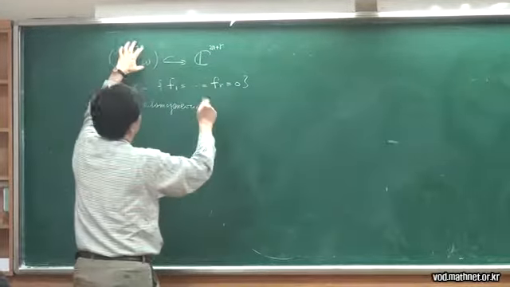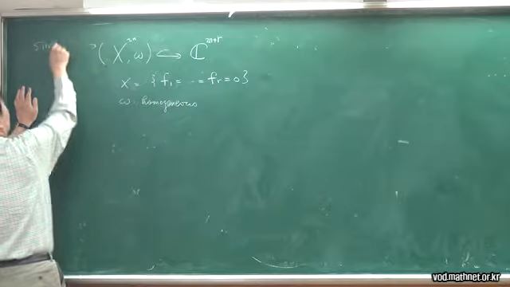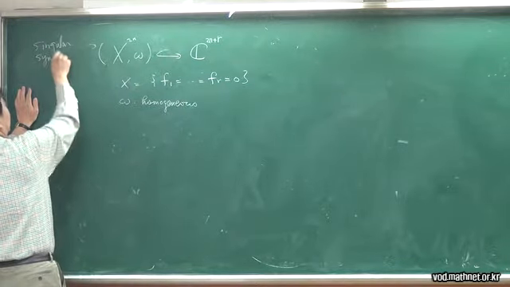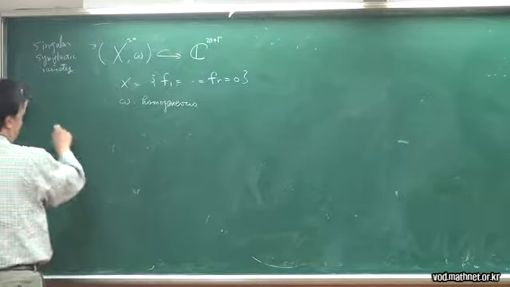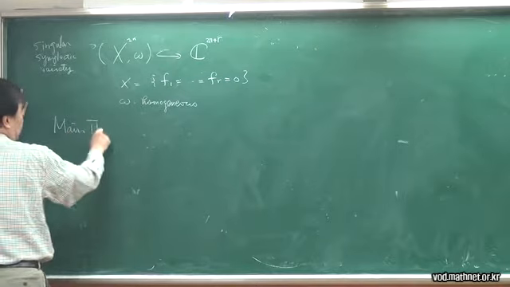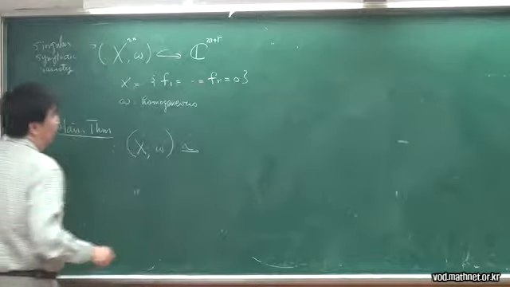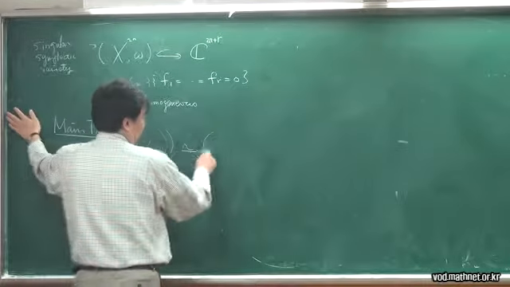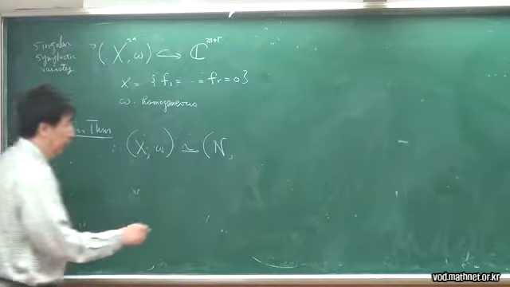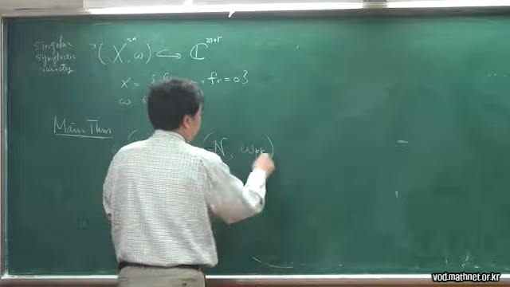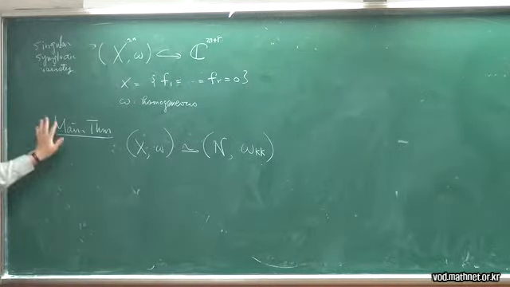I assume that this is a symplectic variety, but singular. Then the main theorem says this (X, omega) is isomorphic to some nilpotent variety of a complex semisimple Lie algebra together with the constant Kirillov form. So I want to prove this.